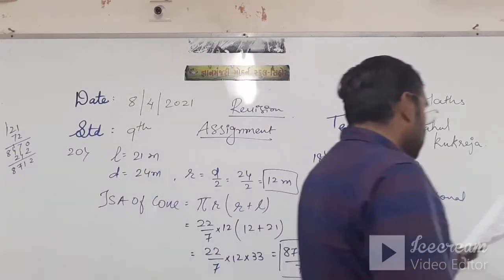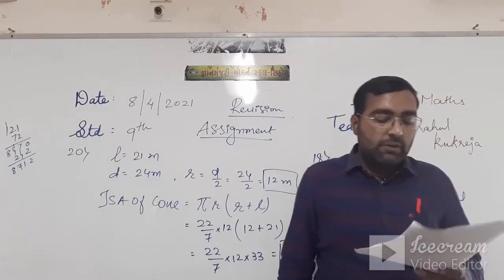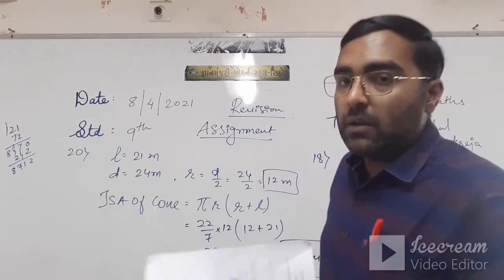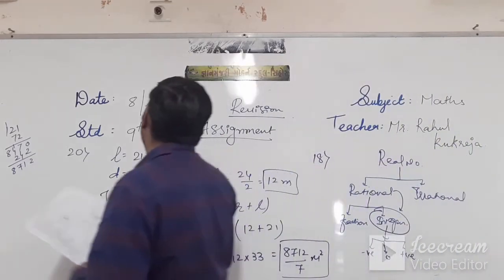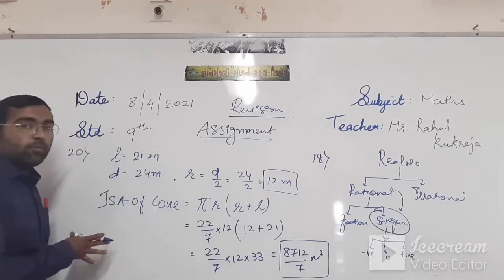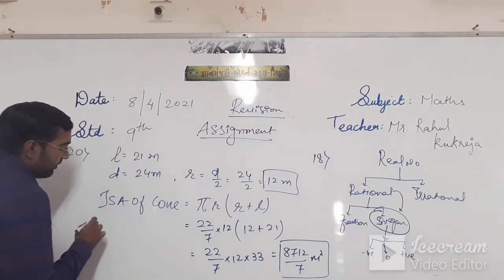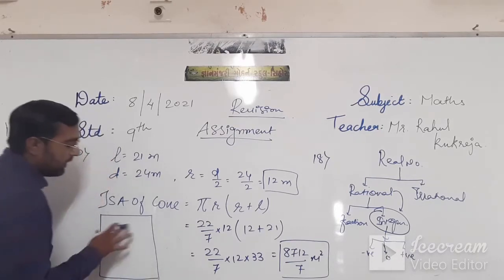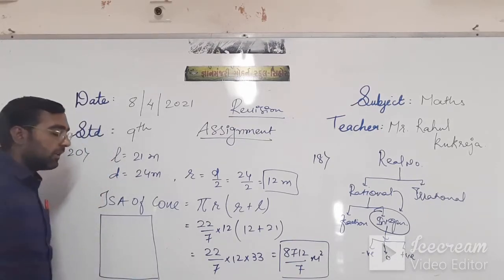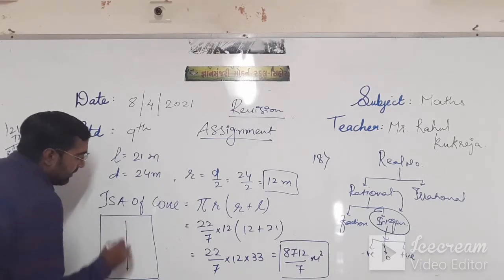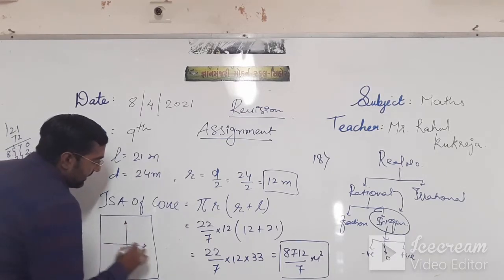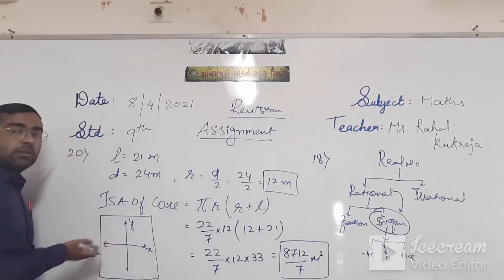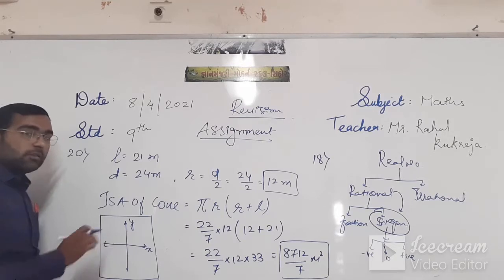Question number 19: what is the name of each part of the plane formed by the horizontal and vertical lines in the Cartesian plane? Cartesian plane यानी कि एक पूरा पोर्शन ग्राफ का, आपको ग्राफ पेपर दिया गया होता है, तो ग्राफ पेपर में ये पूरा मेरा कार्टेशियन प्लेन कहेंगे उसको. और कार्टेशियन प्लेन में हम जो एक्स एक्सिस और वाई एक्सिस लेते हैं, हॉरिजॉन्टल लाइन दैट इज एक्स एक्सिस, वर्टिकल लाइन दैट इज वाई एक्सिस.